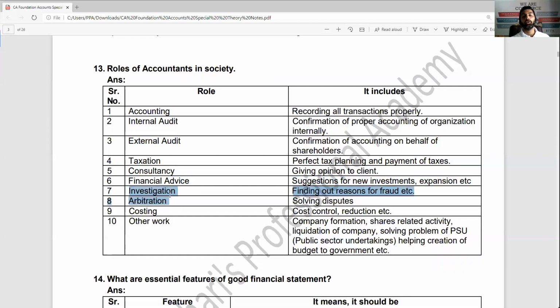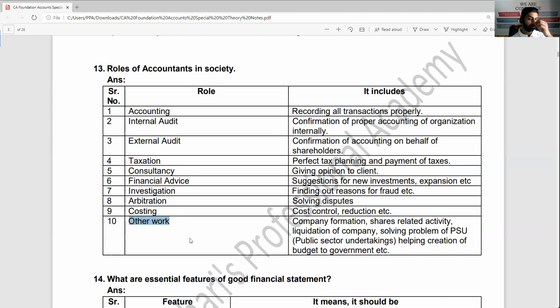Investigation, if there is any fraud or error, then we are invited as an investigator and we can find it out. Arbitration means solving the problem between two different entities. For example, A is a debtor and B is a creditor, and there is a conflict between them. Maybe as an intermediary arbitrator, we can solve that. Costing, preparing the cost sheet and finding out appropriate selling price for the product, which will come at CA inter